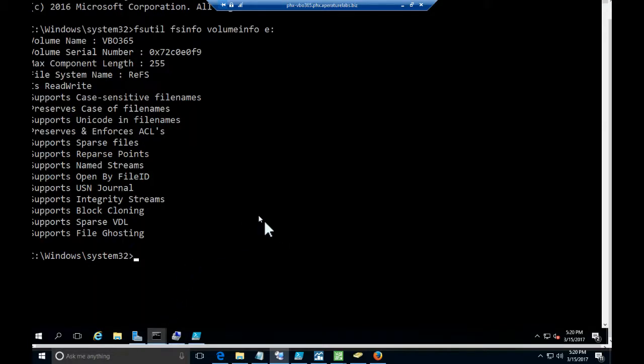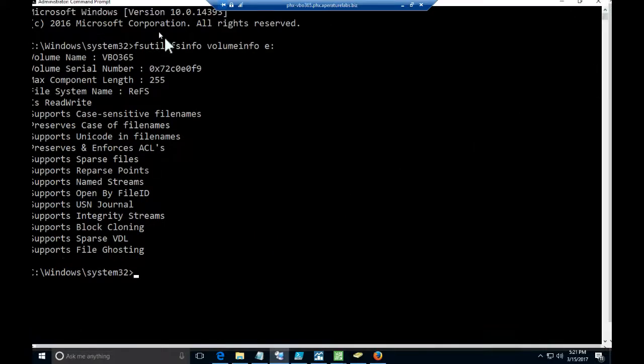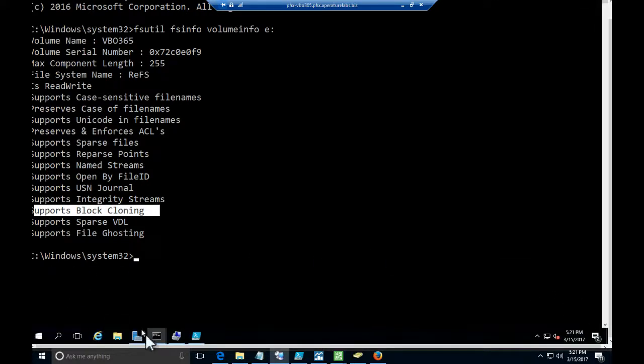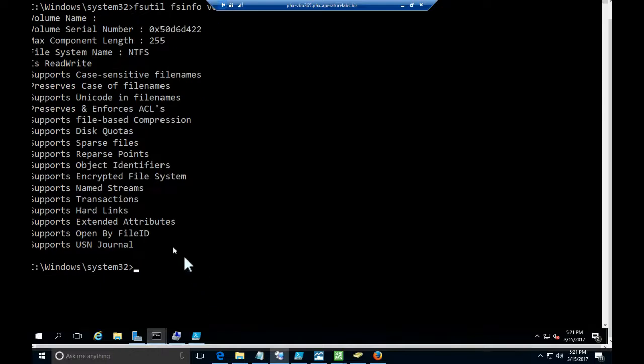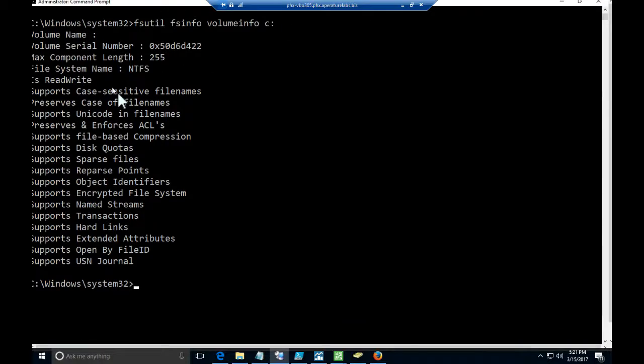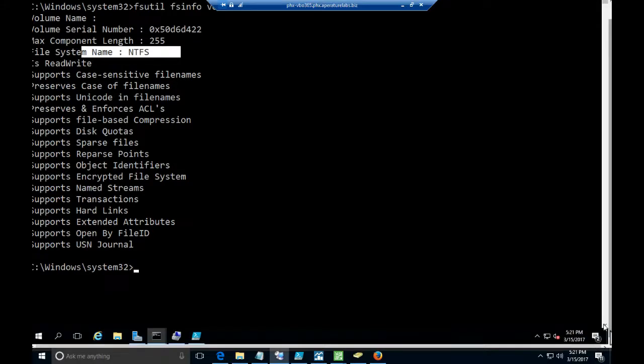I learned about this after we started to do more with these individual file systems. So if you do fsutil volume info, it'll actually give you a list of all the different APIs that are available for that file system. The one here that we at Veeam are going to take care of and leverage is this block clone, okay? But you'll notice if I run this same exact command against my NTFS volume, there is no block clone API, right? And if I scroll up here just a wee bit for you, you'll see that it is in fact an NTFS volume,